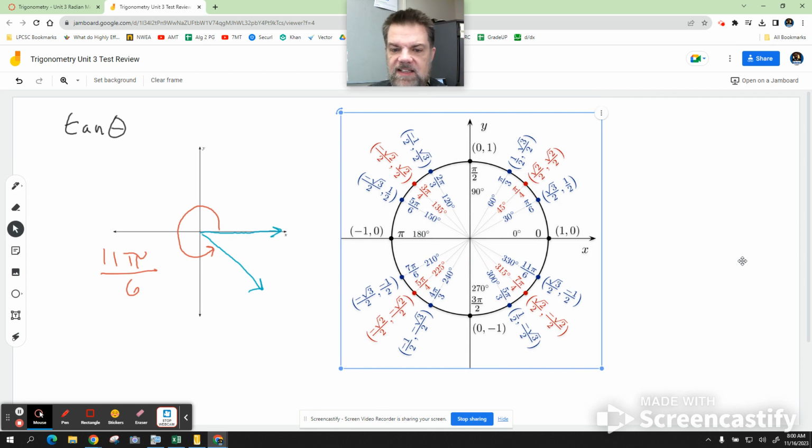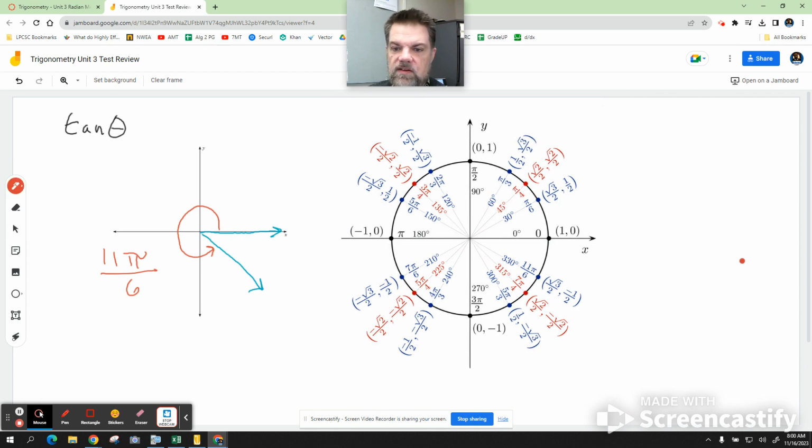So where does that land? Well, 11 pi over 6 is 330 degrees. It's right here, right? And so I have two values. How do I get tangent of that? Well,